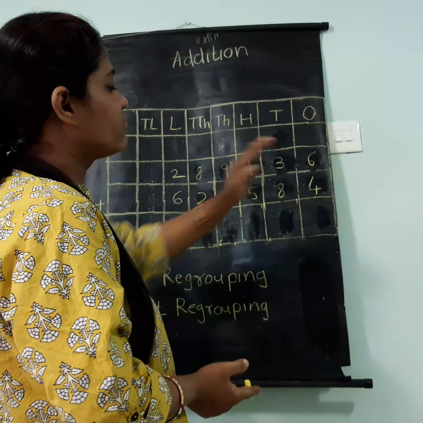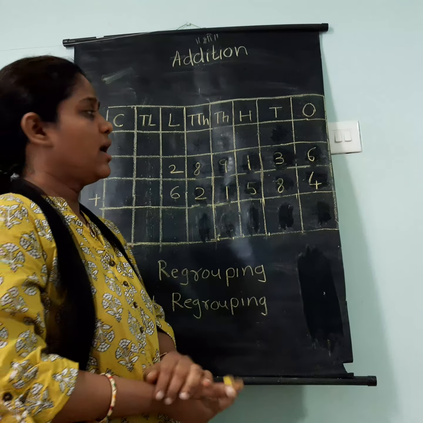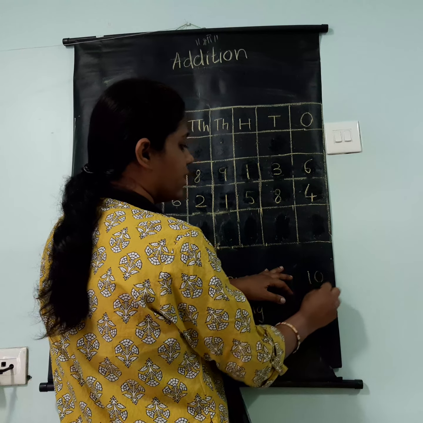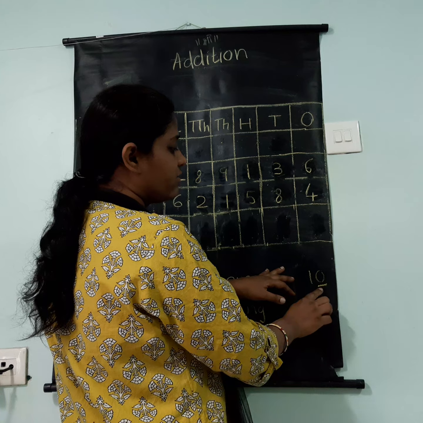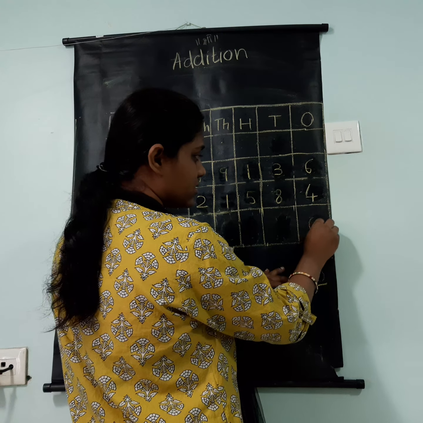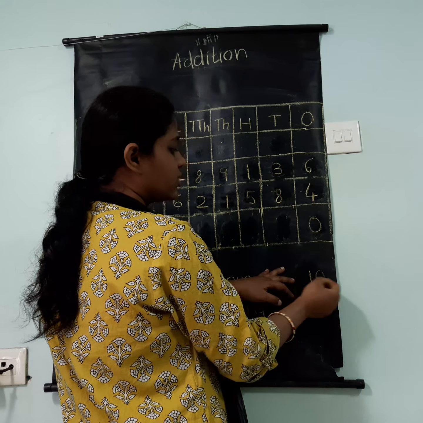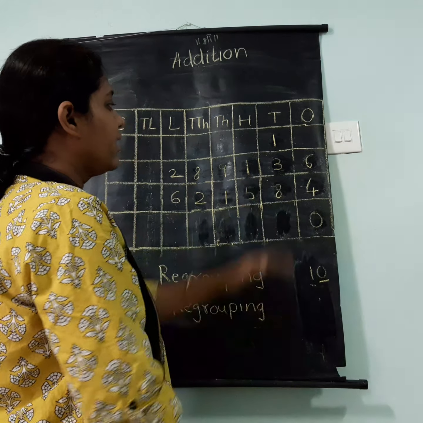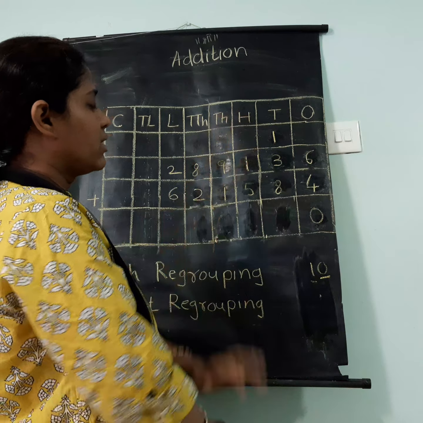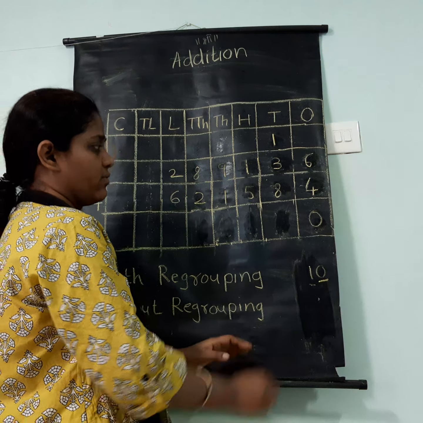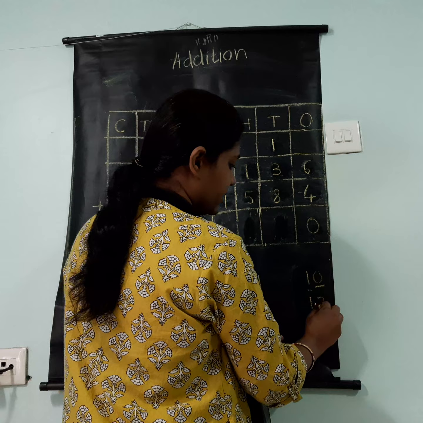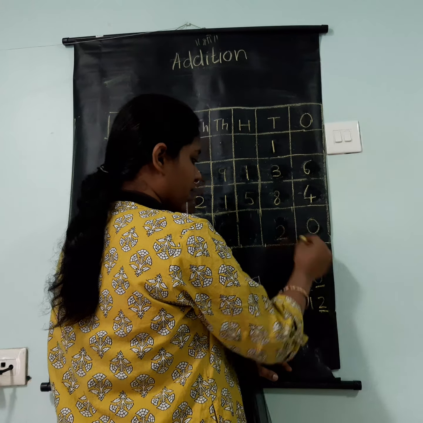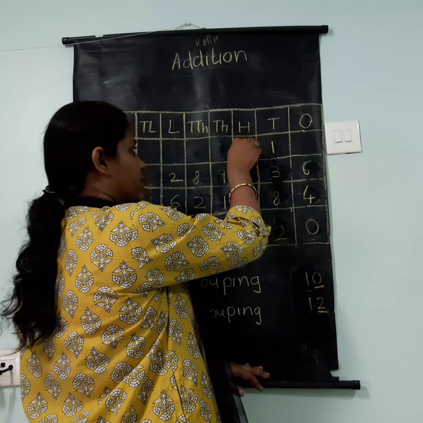Again 6 plus 4, what is the answer? 10. See, again you are getting 2 digits. So I will write the digit which is at ones place, 0 over here, and I will carry this 1 to the next place value, that is tens. Now moving ahead, 8 plus 3 plus 1, what is the answer? 12. So 2 is at ones place, so I will write 2 here and 1 will go to the 100s place.